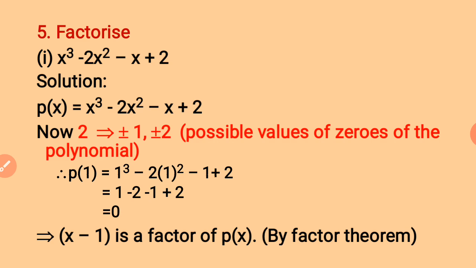Again, there are two methods. One method wherein you will go on substituting all the other 3 values. We have substituted 1. We can substitute minus 1, minus 2, plus 2 and look out for the other. This is possible when you have very few factors. But if you have a big list of factors, you cannot use that method also. In that case, we have another method of solving it, that is the division method.